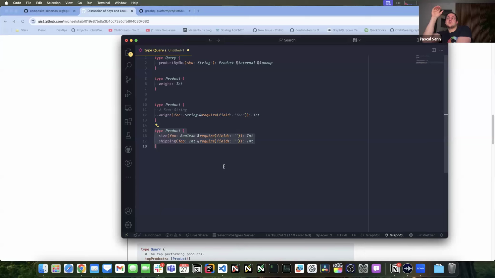Like in the composition, we don't need to validate, as we have the post-merge validation rules, right? We don't need to have this validation. It's not required to do this validation on subgraph level. From a spec perspective, it's much simpler to just let it merge and then validate it afterwards, because then you can validate 2 things at once. You can validate that the type is correct, and you can validate that the requirement is correct.